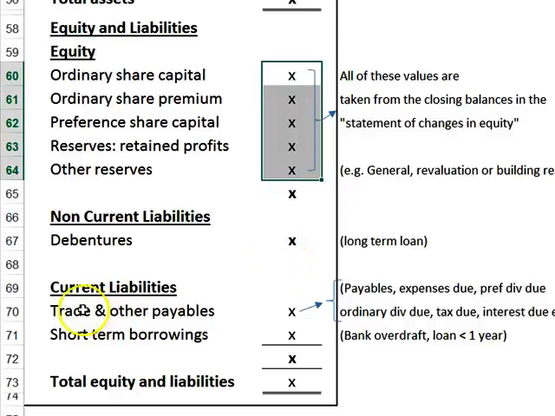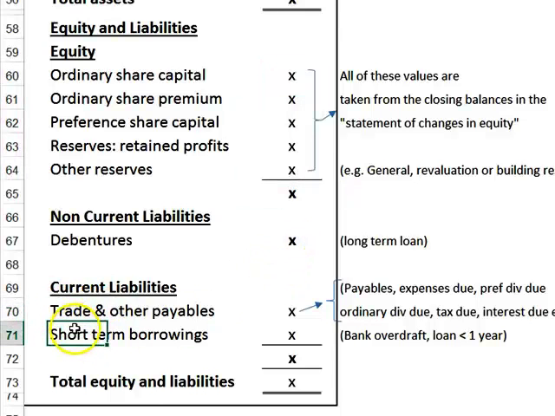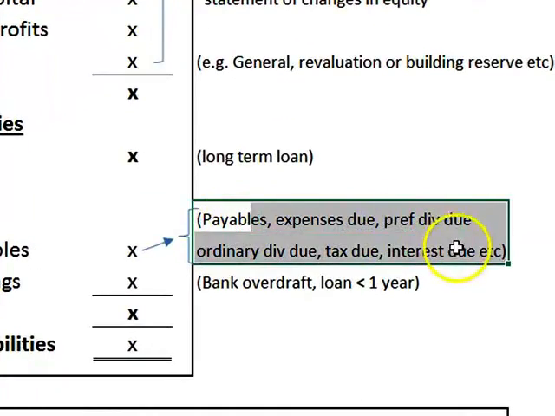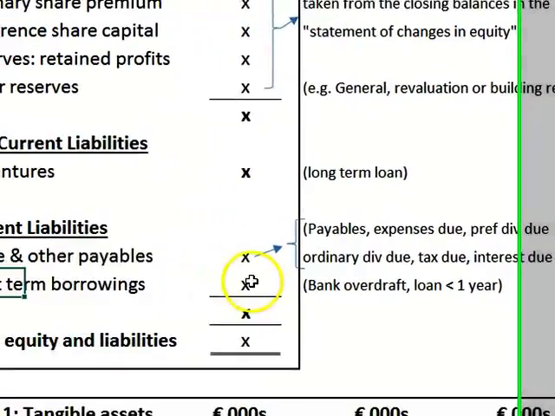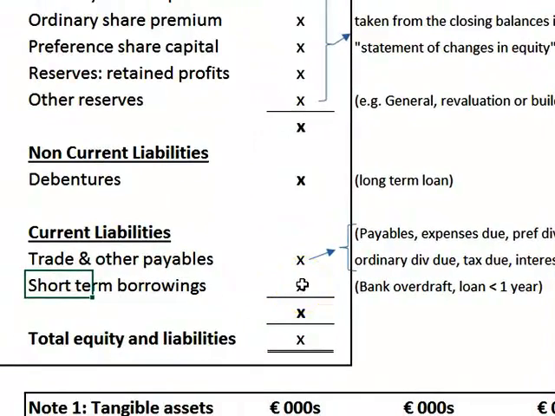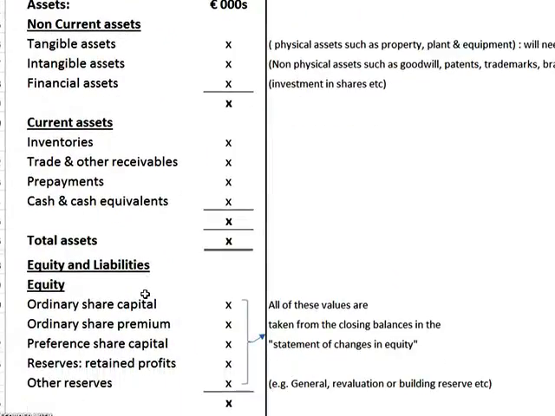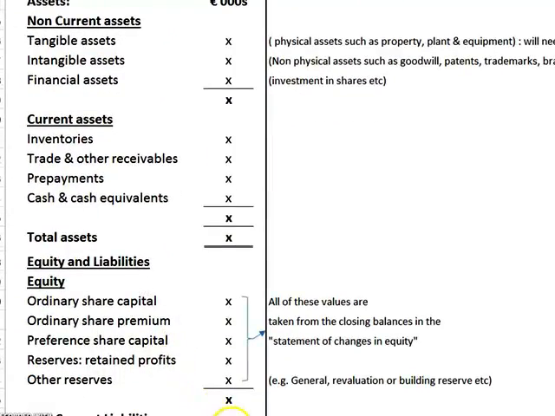Debentures, 8,000. And then you'll have a working to do for trade and other payables, because lots of things might go in here. So these are the things that fall under that. And short-term borrowings will be anything like a bank overdraft. And that is the format for the statement of financial position. So I hope that